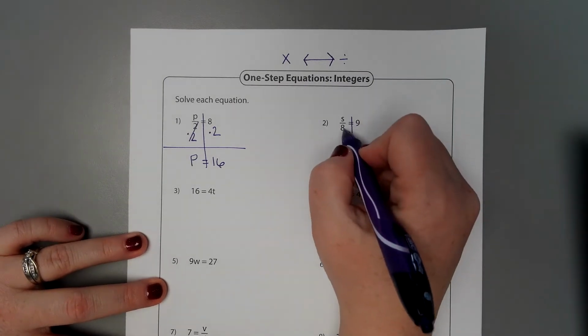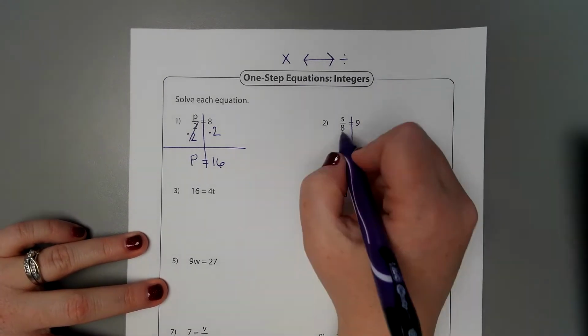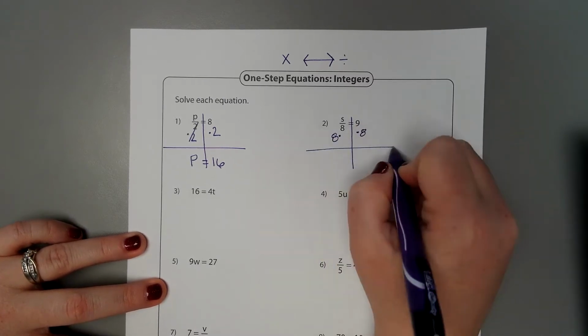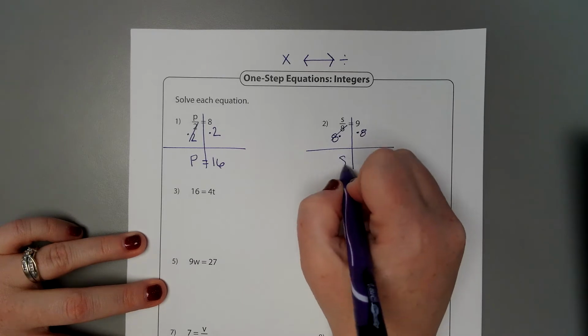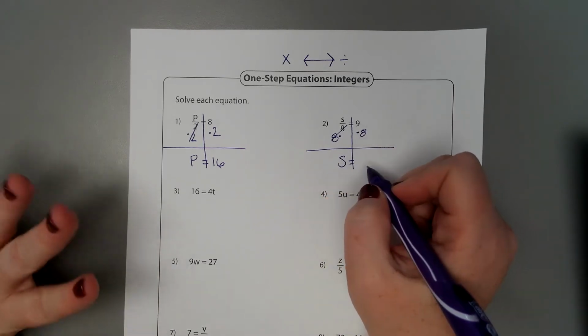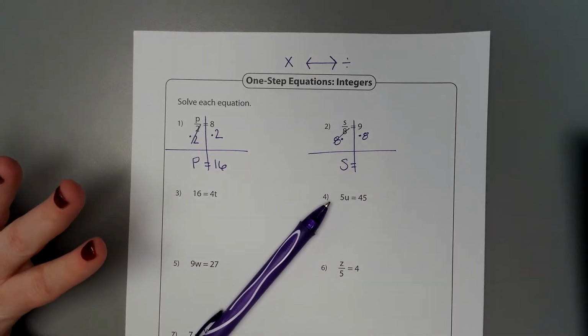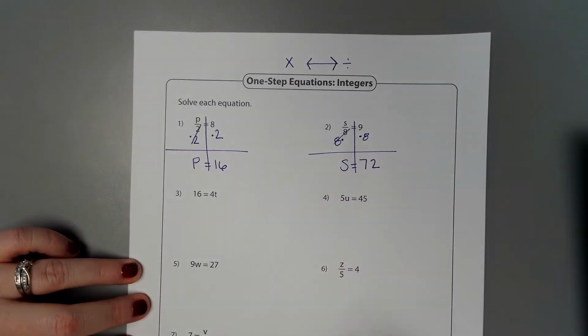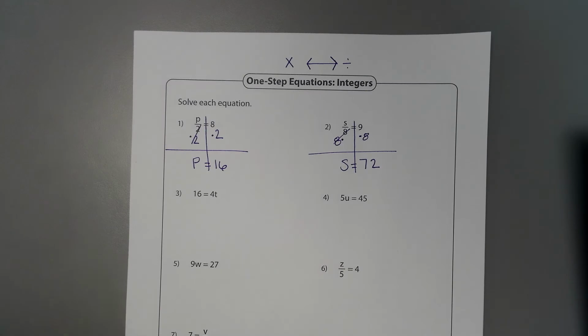we have s divided by 8. Well, the opposite of dividing by 8 would be to multiply by 8. Our 8's cancel out, leaving us with s equals, 9 times 8 is 72. Number 3,